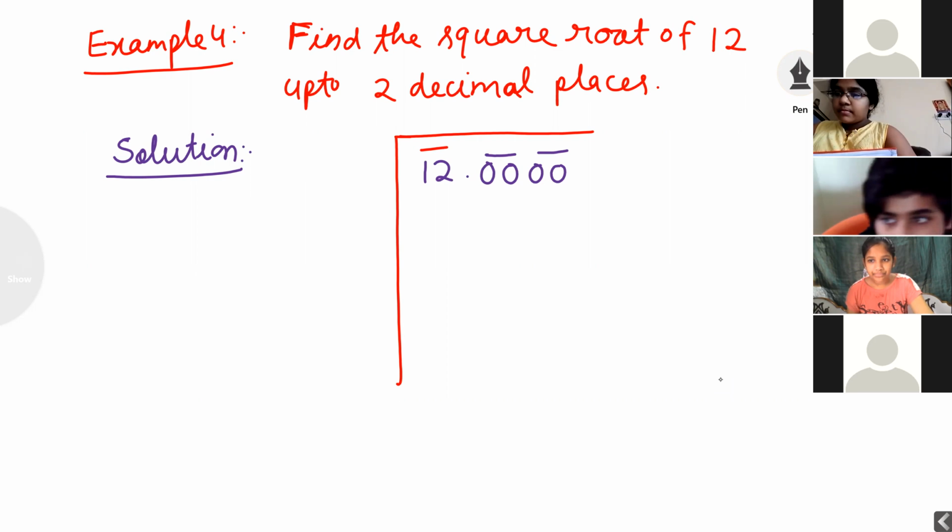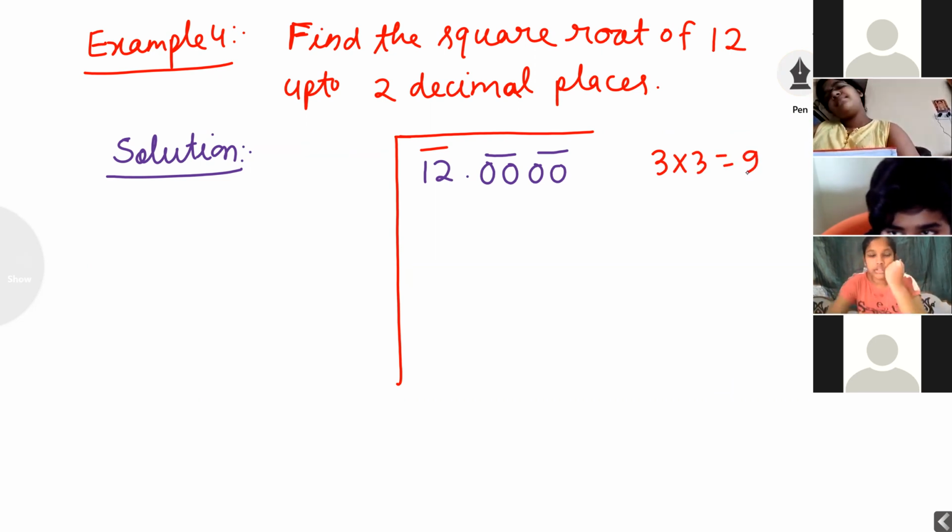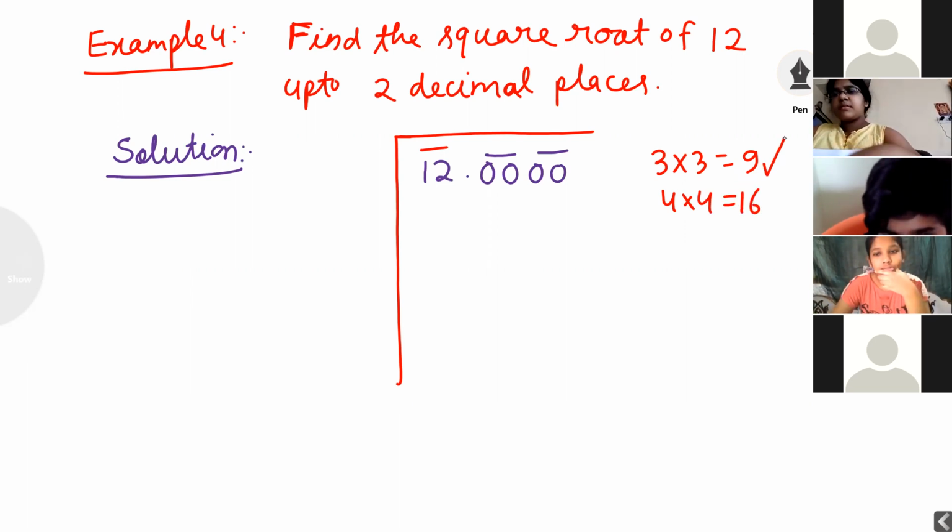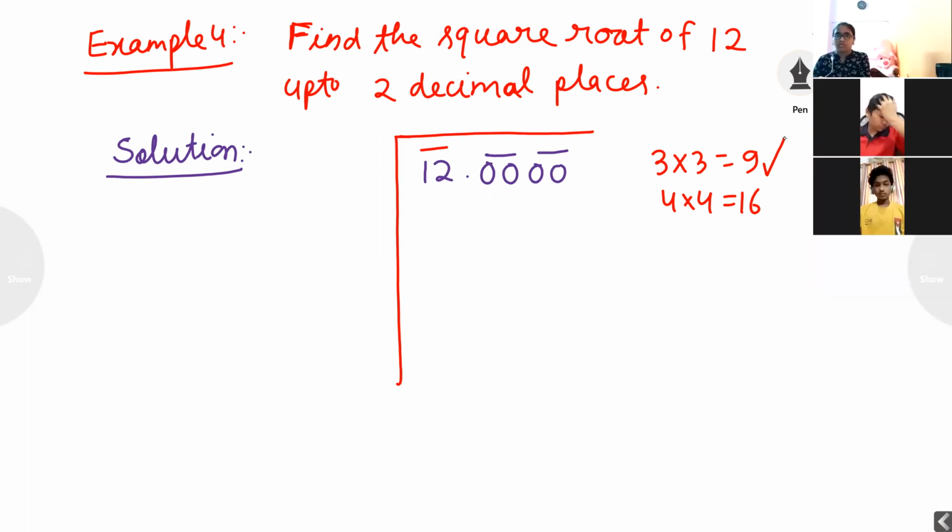Which squared number will I take? That number will be less than or equal to 12. Suppose I am taking 3 here. 3 into 3 is equal to 9. This value is less. If I take 4, 4 into 4 is equal to 16. Means I want to take 3. Okay. Now I will write 3 in how many places? 3 places. Up, down, and 3 plus 3, 6, and 3 3s are 9. Again, I want to subtract: 12 minus 9, 3.